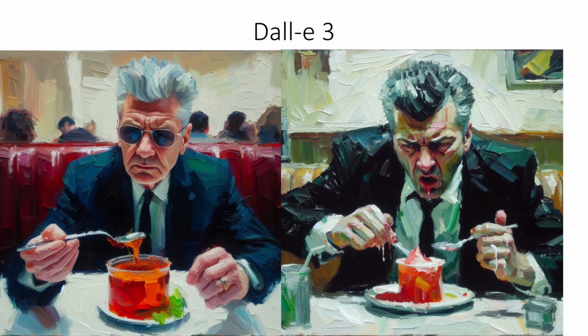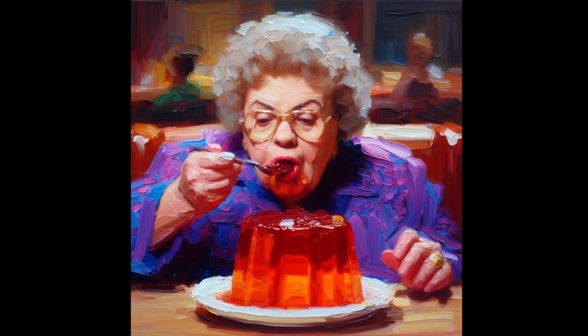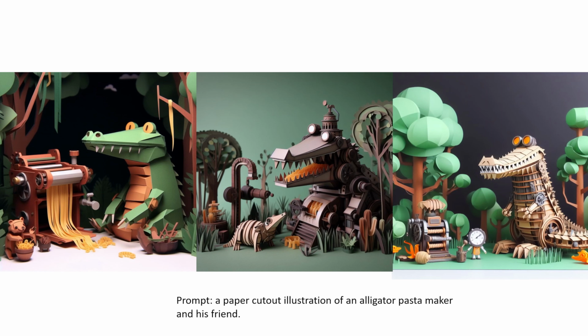I'm just going to show a little bit more of DALL-E 3. Here I asked it to do me some paintings of people eating Jell-O. And so you can see it can do basically any style that you want. So I asked for a really painterly, thick paint, brush strokes painting. Here's another one. Asked for some more vibrant colors, and you can see it really emphasizes the paint strokes there.